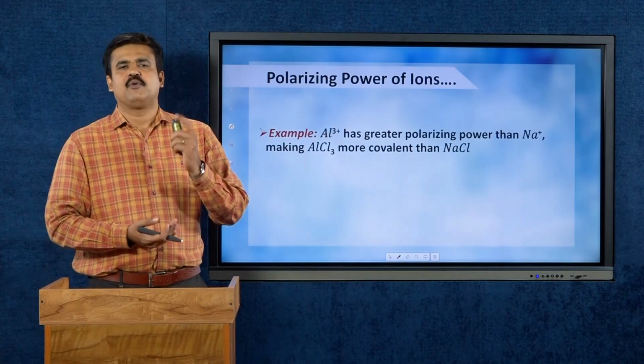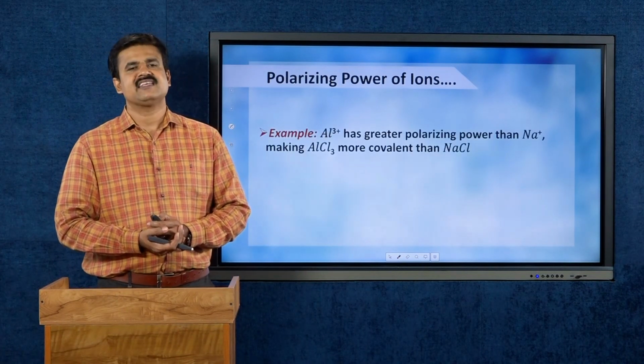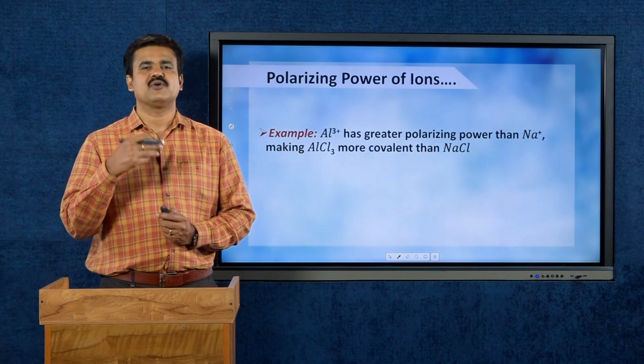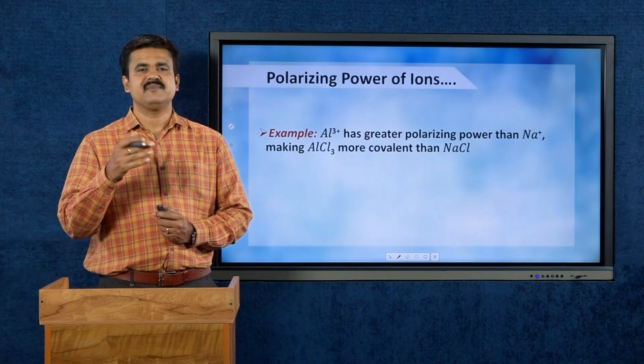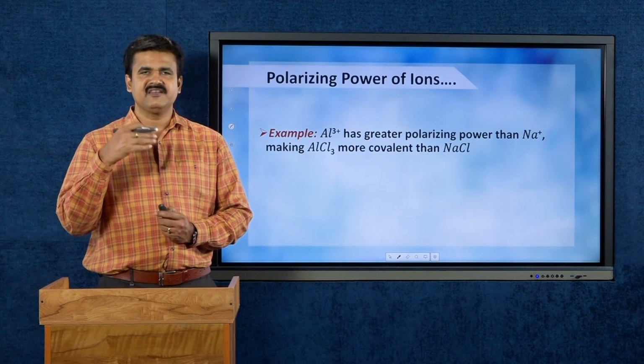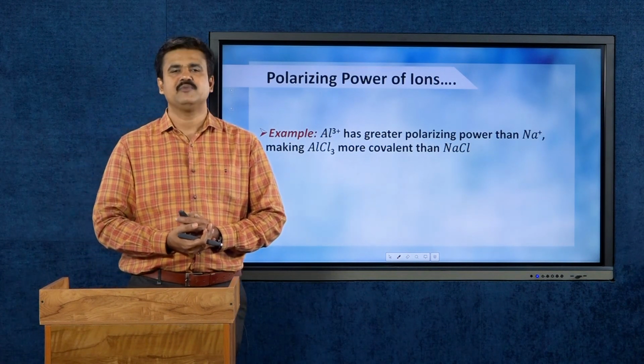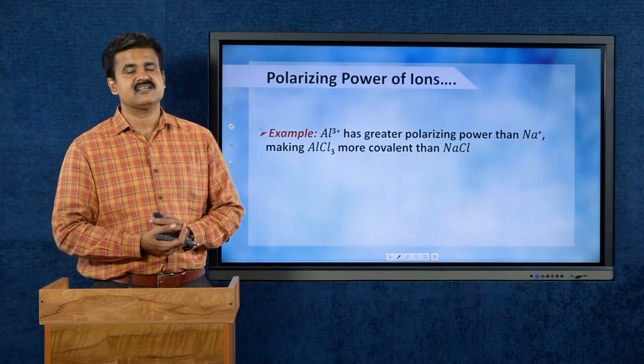Now, polarizing power can be illustrated by taking an example. Consider aluminum 3+ in aluminum chloride and Na+ in sodium chloride. It is very clear that aluminum 3+ has greater polarizing power than Na+, making aluminum chloride more covalent than NaCl. This is because the higher the polarizing power of the ions, the higher will be the rate of polarization, and the higher will be the covalent character. So, in aluminum chloride, there is more covalent character compared with